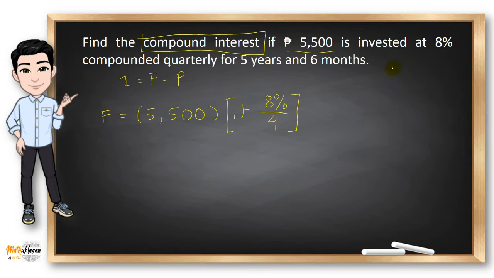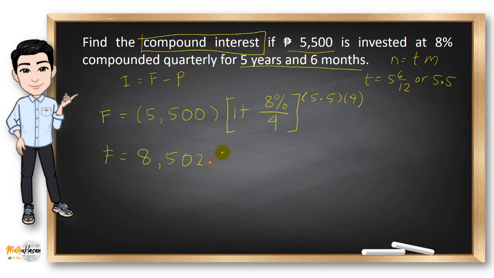Raised to N equals T times M. 5 years and 6 months, meaning t is equal to 5 and 6 over 12, or we can just write 5.5 years. So here, t is 5.5 and m is 4. Now, using your calculator, the final amount is 8,502.89